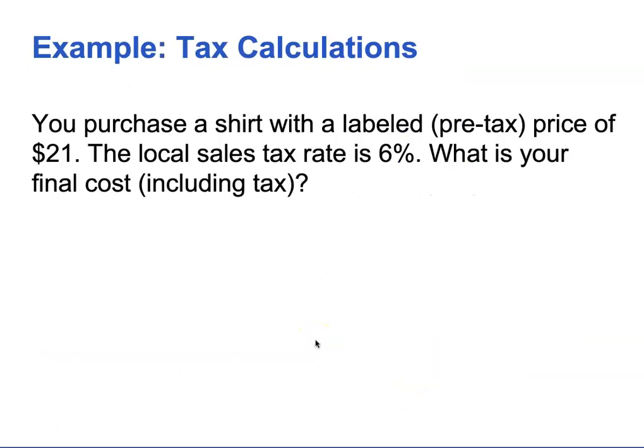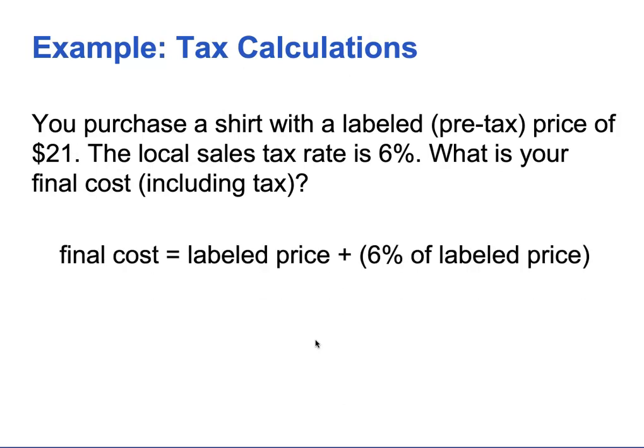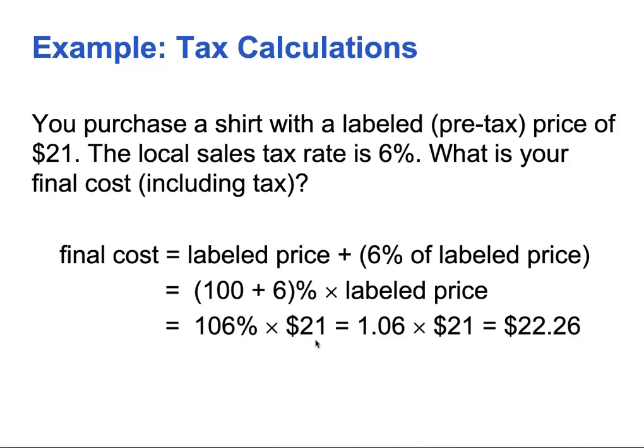For example, let's do some tax calculations. You purchase a shirt with a labeled pre-tax price of $21. The local sales tax is 6%. What is your final cost, meaning including tax? So your final cost is going to be what it is labeled plus the 6% of the labeled price. So this is going to be more than the reference price. So that's going to be 100 plus 6 times the labeled price. That's 106% times 21 equals